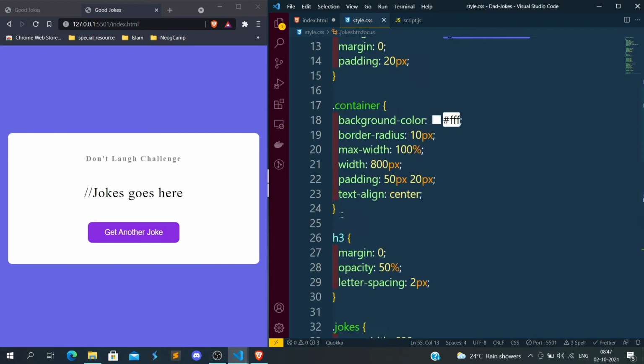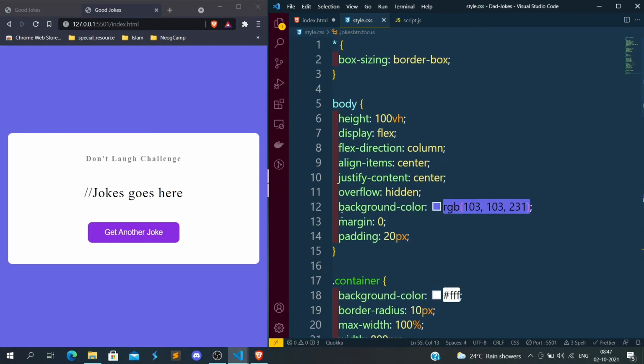Okay, so that is enough for CSS. We just have to do, if I click on this button, add an event listener on this button. As soon as we click on this button, this will hit the API, and that API will give the response, so that we can show that response here.